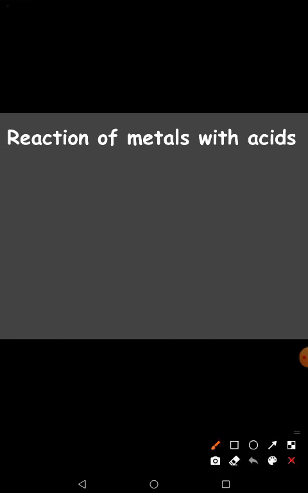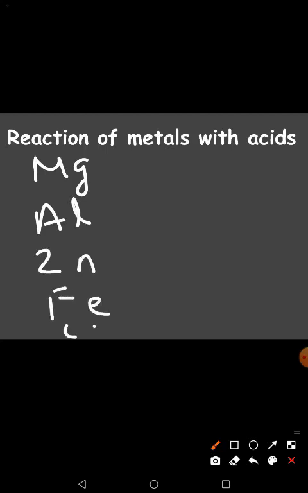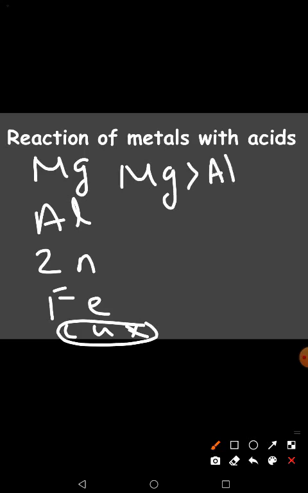So based on this, you will arrange these elements in the decreasing order of their reactivity. In which test tube did we see the highest temperature recorded and vigorous formation of bubbles? That was in test tube A, which contained magnesium, then aluminium, then zinc, and then iron. With copper, no reaction was seen at all. So when you arrange these elements in the decreasing order of their temperature and bubble formation, you write the reactivity series like this: Mg, Al, Zn, and then comes your Fe.